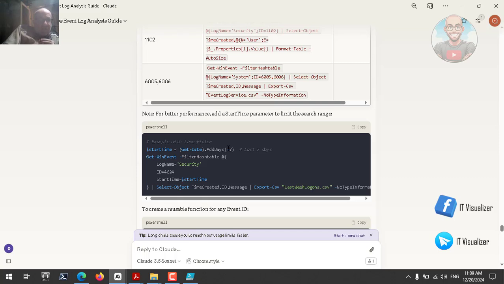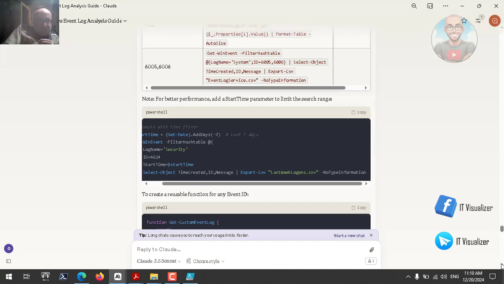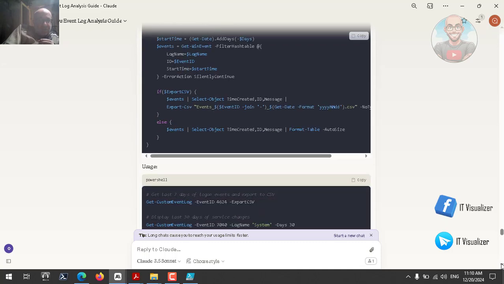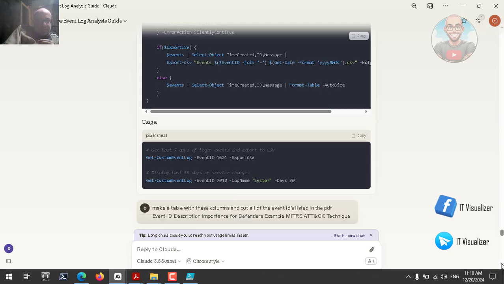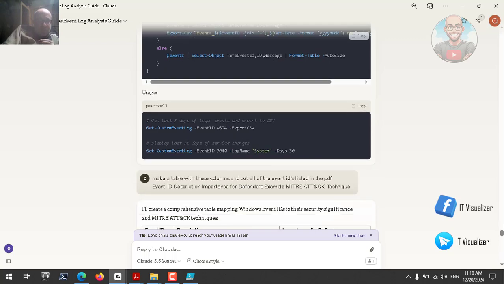Maybe you need to get events for more than 7 days. Maybe you need the last hour, the last 24 hours, or 7 days. So you can just add this line to the PowerShell script, if you consider that to be a script, and it will get you the last 7 days of data. And at the end it is also displayed and exported. So as we can see here, very useful data, or how the AI can help us